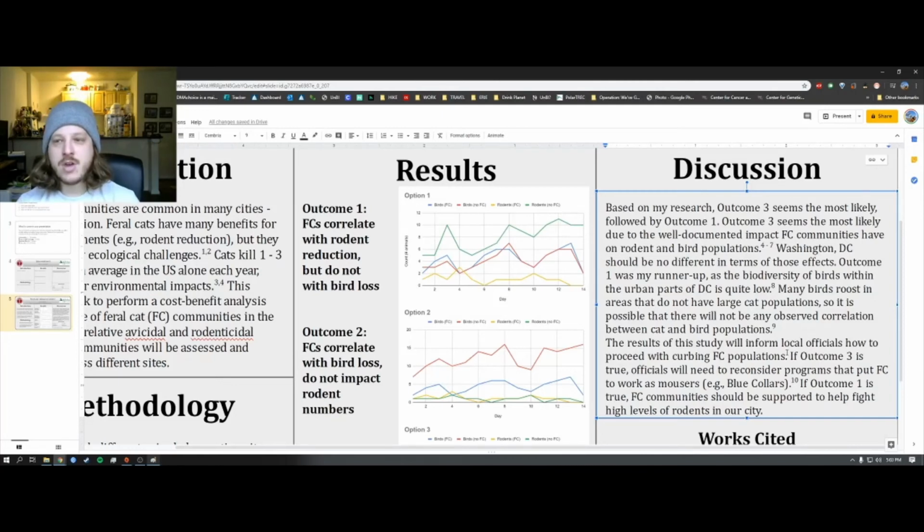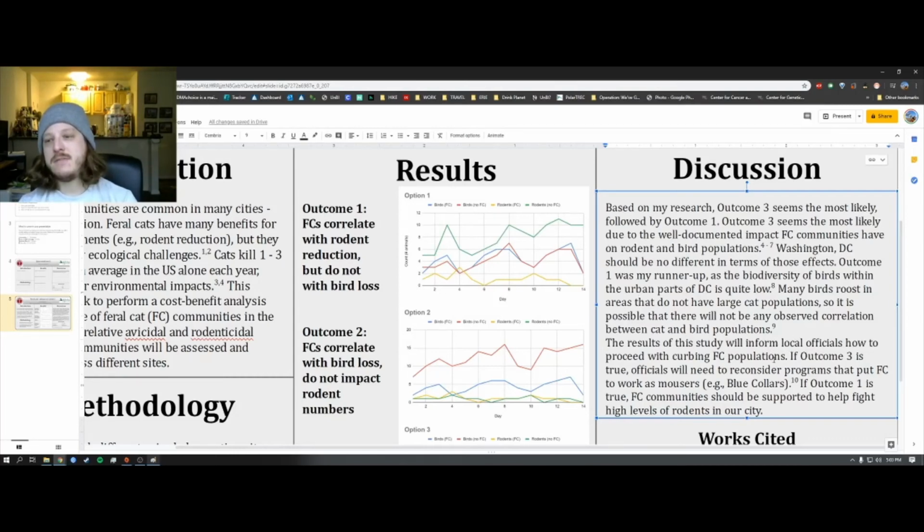Basically, I think this project would help state and city officials come up with options for how to deal with feral cats. So one way you could deal with them is to basically take those communities and help them out. That way those communities still thrive and they are killing all the rats in the area. Another way you can deal with them is basically rounding them up and taking them to shelters, so that you get them out of the ecosystem so they don't hurt birds. So if they're hurting birds, you would want to have a response that reduces the number of feral cats. If they're not hurting the birds, then maybe you want more feral cats, assuming that they have that rodenticidal or